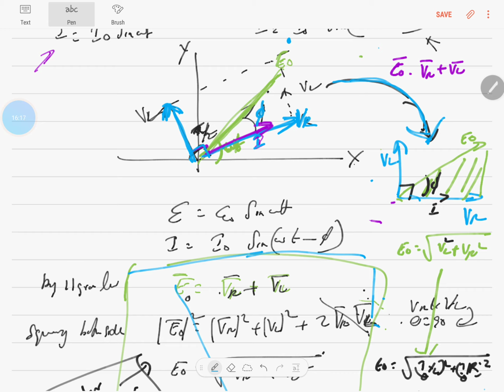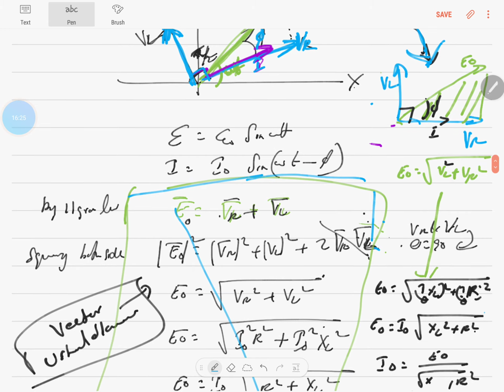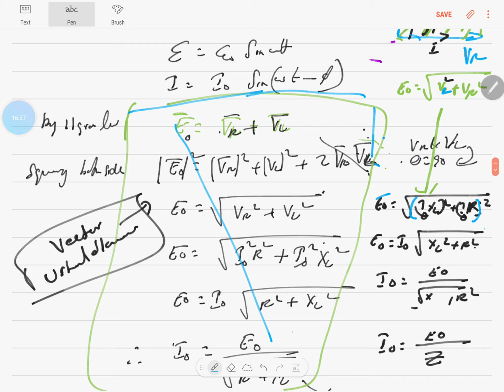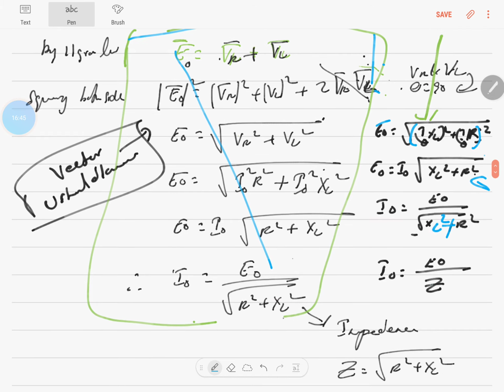And E naught is the resultant, and E naught itself, by Pythagoras theorem, is root of VL square plus VR square. VL is the inductance voltage, which is I naught into XL, the whole square, and VR is I naught into R, the whole square. So I naught can be taken out common, and you get XL square plus R square. So I naught itself is E naught by root of XL square plus R square, where the denominator is mentioned as Z,